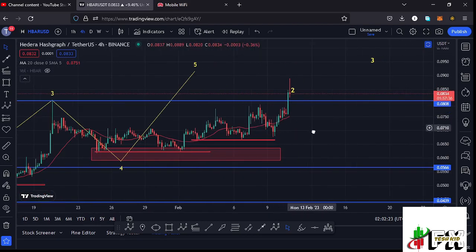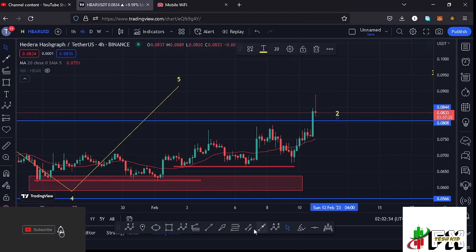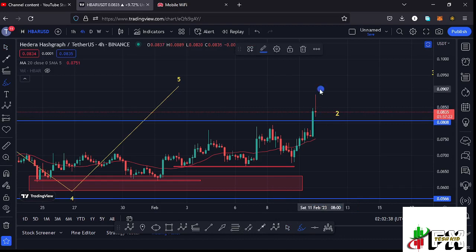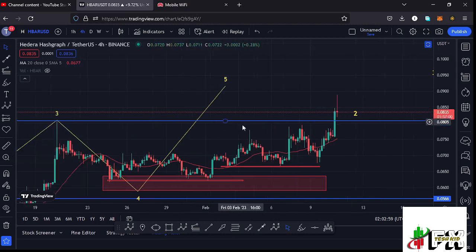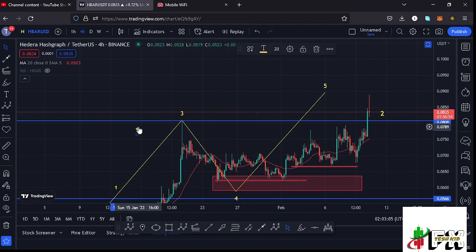But here on the 4-hour chart at the time of this recording, you can see that we have seen the formation of this long wick to the upper side, and this is not a good indication here on the charts, because this is a sign that the sellers are trying to take over the market. The sellers are trying to push the market lower, meaning that there are chances that we might have peaked in the formation of that wave 5 at around the $0.0892 mark, and that we have now completed the formation of this wave 5 and also the larger Elliott wave count 1 to the upside. That is a move that we need to be prepared for here on the Hbar chart.